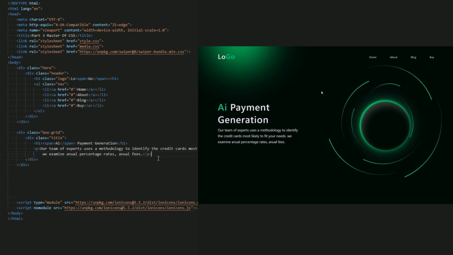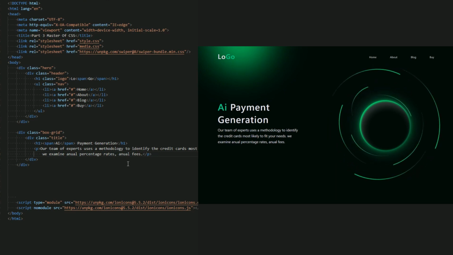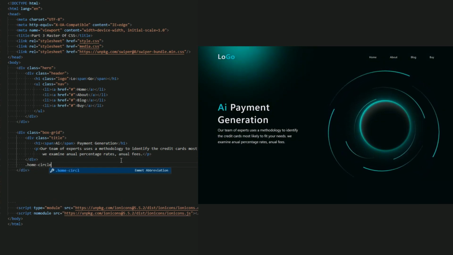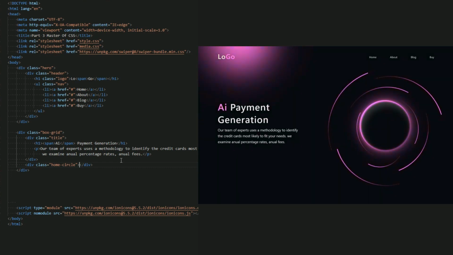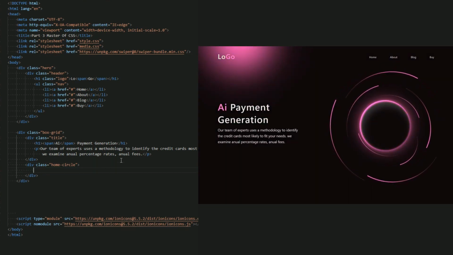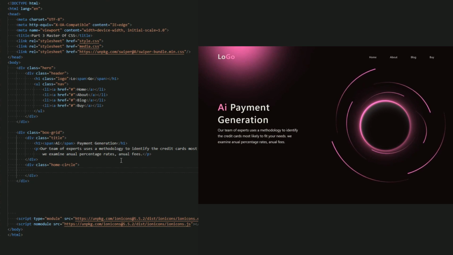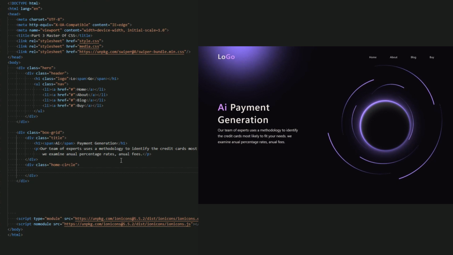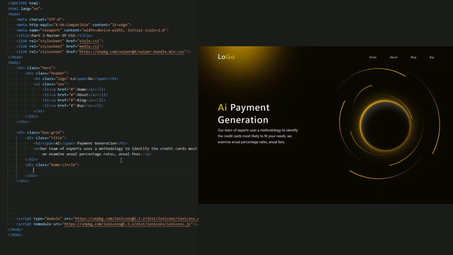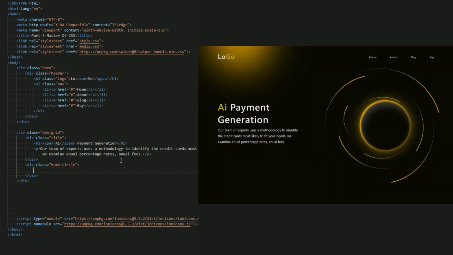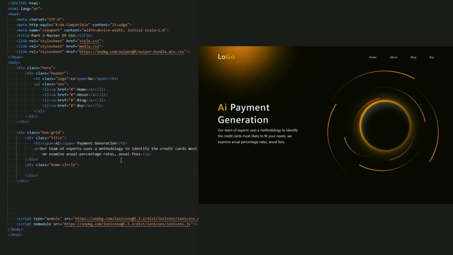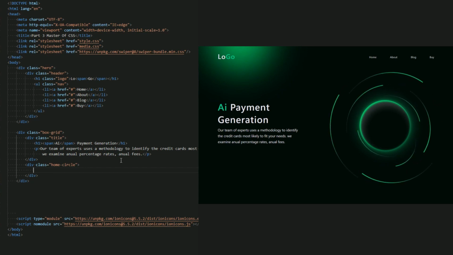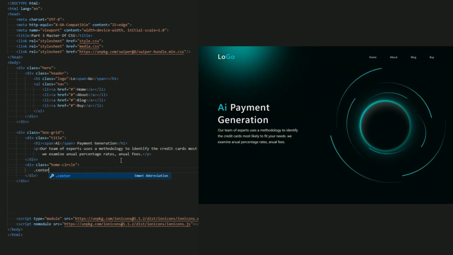Now let me create a circle. So to create a circle, I want to create a div and name it home circle, which is the home circle, as you can see, the home page. Okay, now this is our circle, and I want to create this arrow that you can see. So let me create a div to have all arrows inside it, to add animation inside it to keep rotating. So this div is more important and needed for this, to create this arrow and add animation inside it. So create a center.